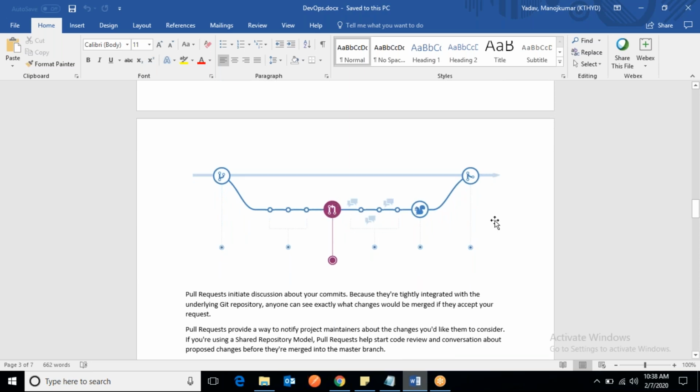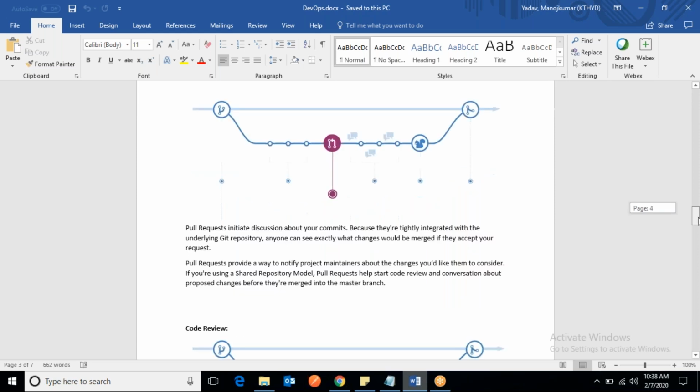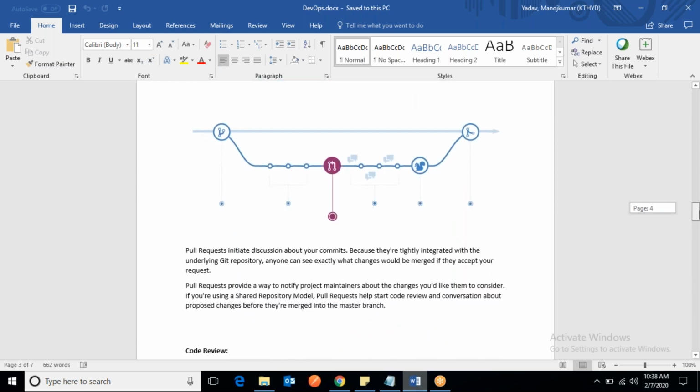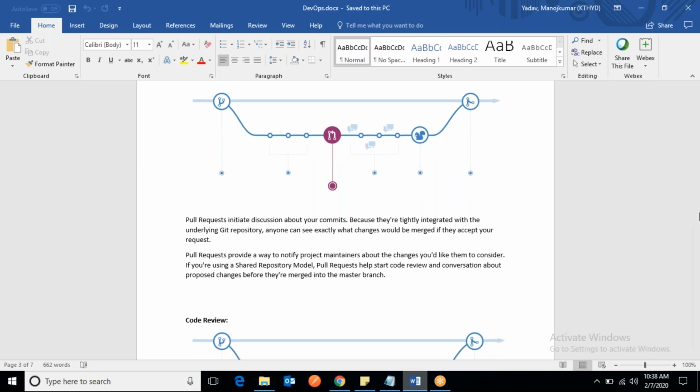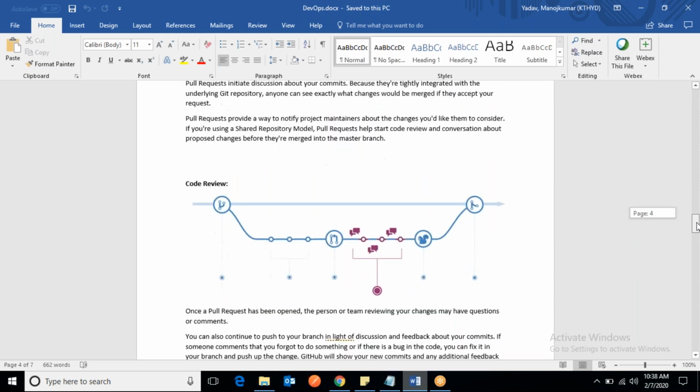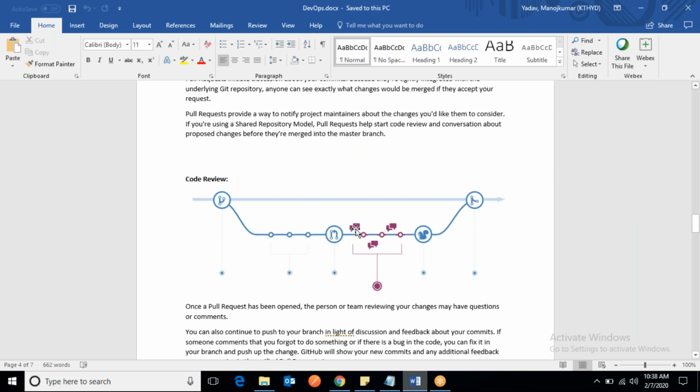The workflow may have a restriction that every code should be reviewed, so whoever creates the pull request, someone will do the code review and provide comments, like yesterday Rupesh was explaining: you are not following some standard process or logic, you can do code optimization, and different things.